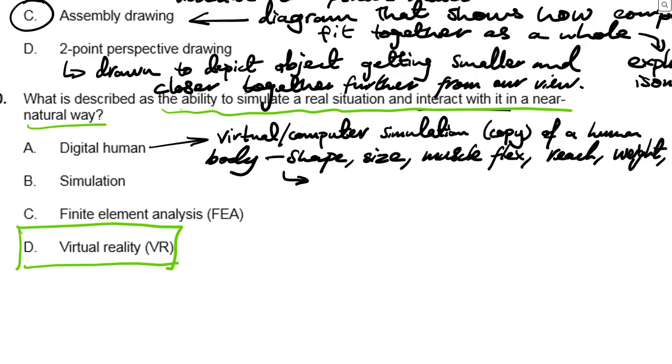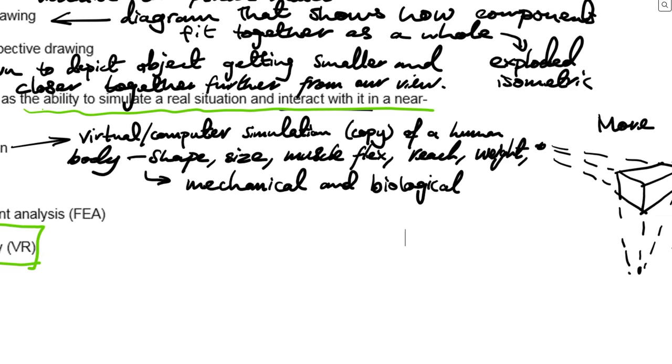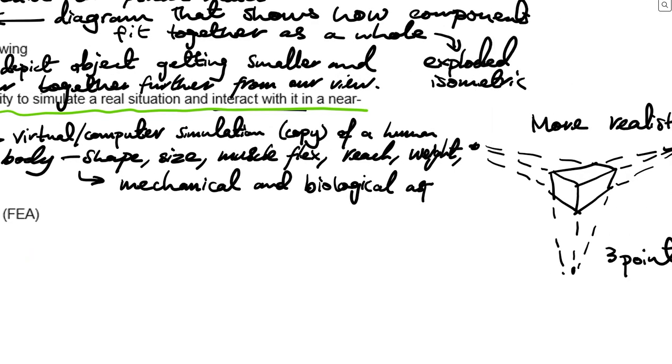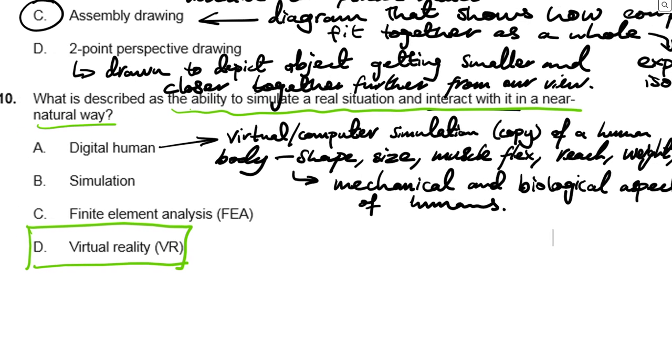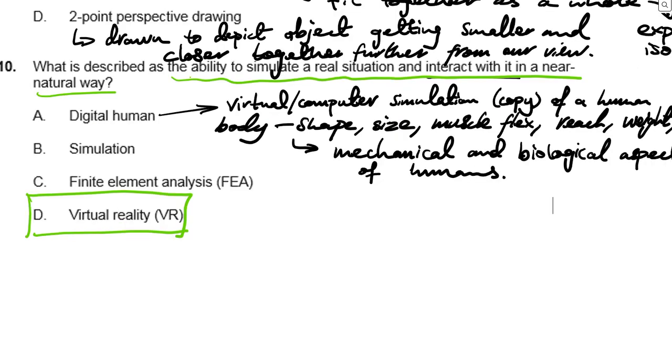it simulates the mechanical. These are mechanical and physical, and biological, right? Muscle is biological aspects of humans. So it's literally a copy of a human. And so